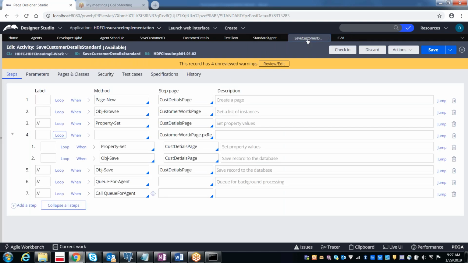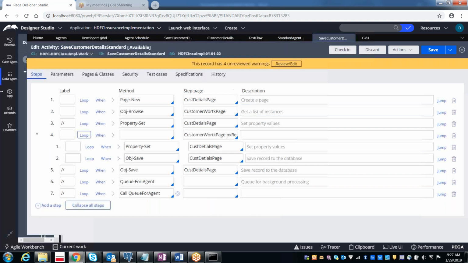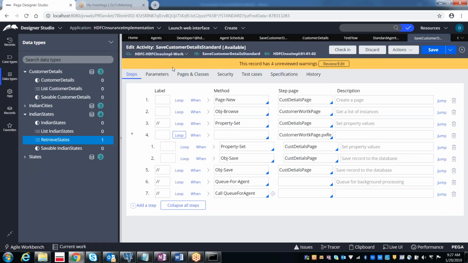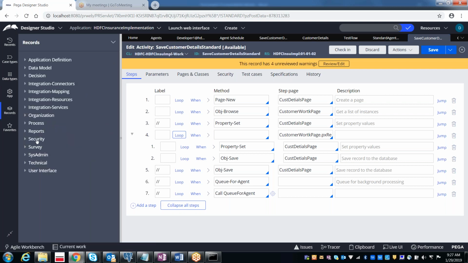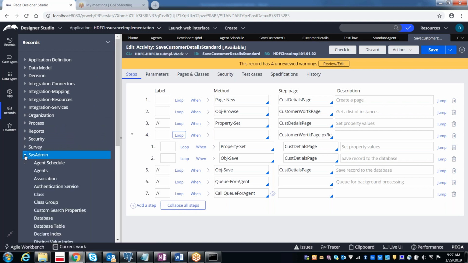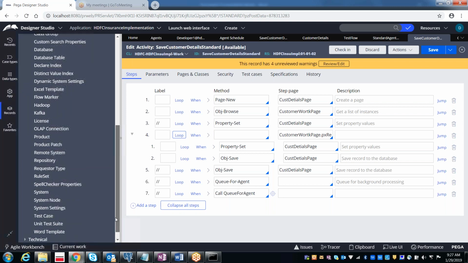Actually, I told you there is something called creation of the product rule, on last Friday I think. What is the purpose of creating the product rule? A product rule is nothing but a zip file, or jar file, to move your application from one environment to another. After completing development, we move it between environments, so we need to create the product file. How do we create it? Under sysadmin, we have the product option.